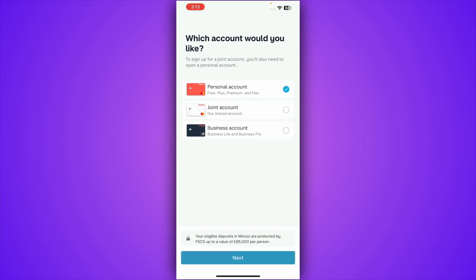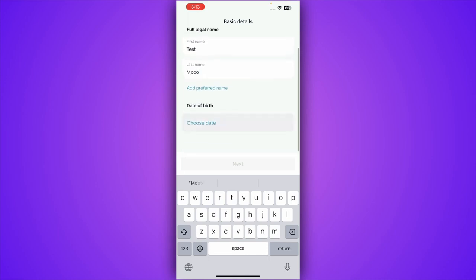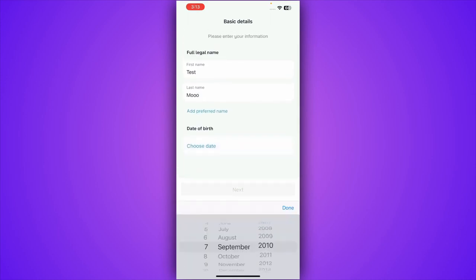Tap on personal account if you want to go with this, otherwise you can open business or joint account. So tap on next on the bottom again. After that, start by selecting your first name, your last name, your date of birth. Simply scroll the wheel, tap on done